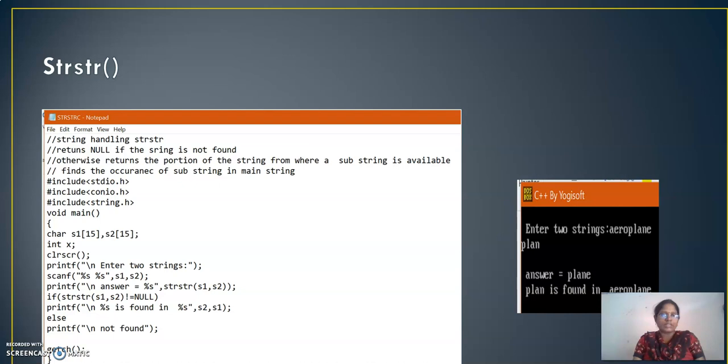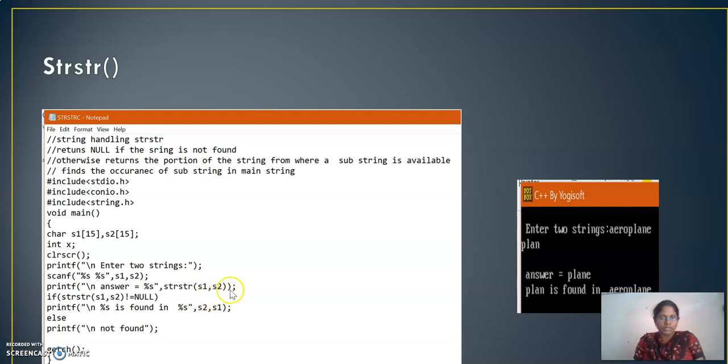And strstr, this function will give me the portion of a given string. I'll have one main string and one substring. See here, I'm declaring two strings, S1 and S2. Let one be "aeroplane" and the other one "plan". Now strstr of S1 comma S2.